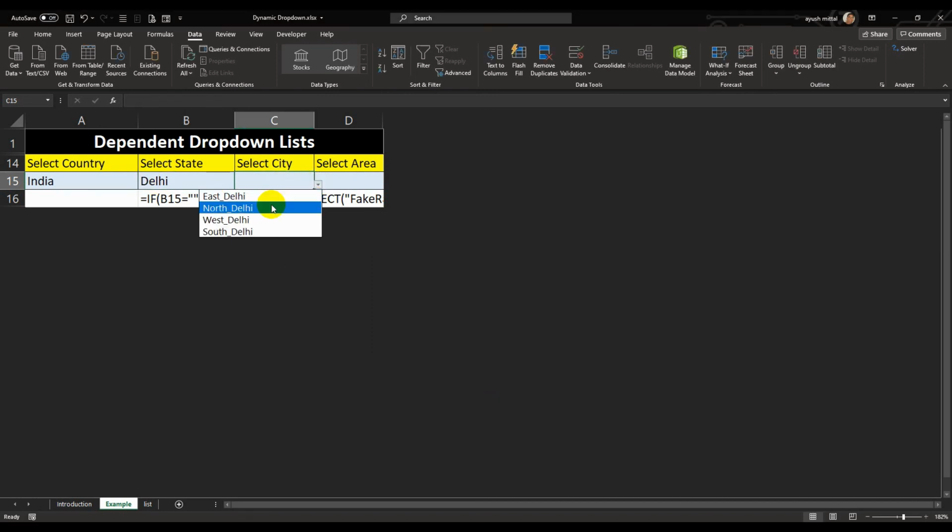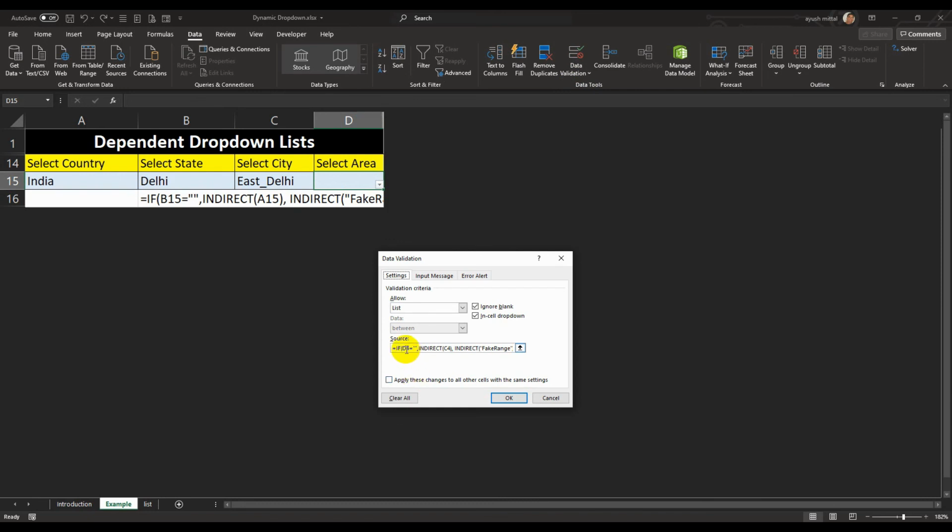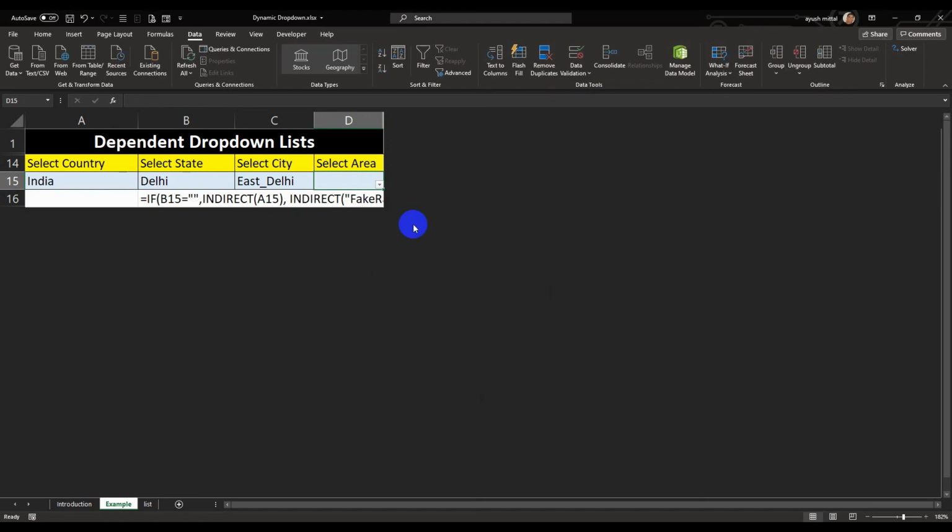It's giving me the correct city area. Say I select the city as East Delhi. Now it will come. So again we'll go to data validation and update our formula. We'll give the cell reference. So it's giving me the selected area.